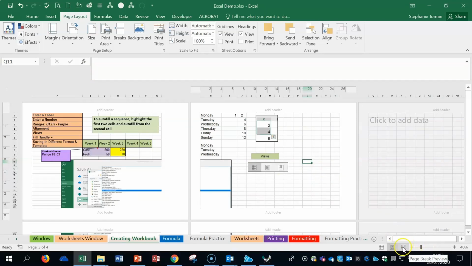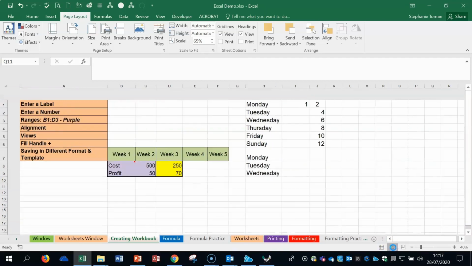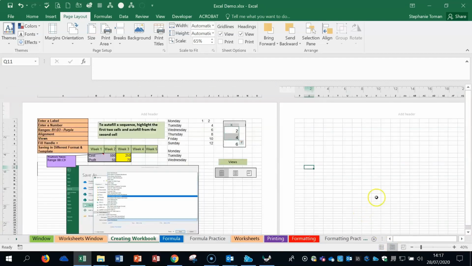This last one here, the page break preview, this is where you can see that that page ends. And you can drag it over and go back to page there, and you can see now that I've included it all on that page, but it is quite small, so be aware of